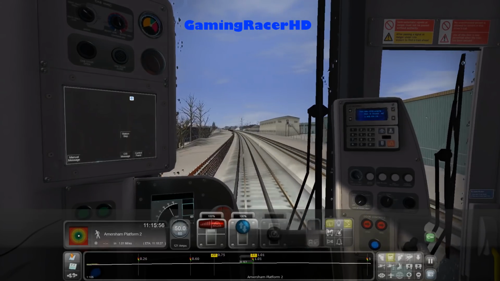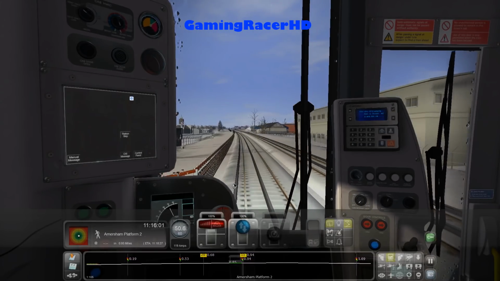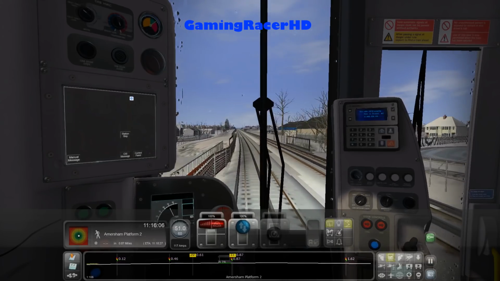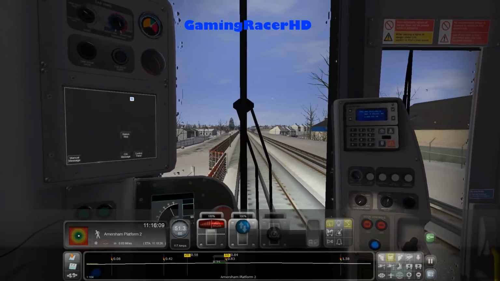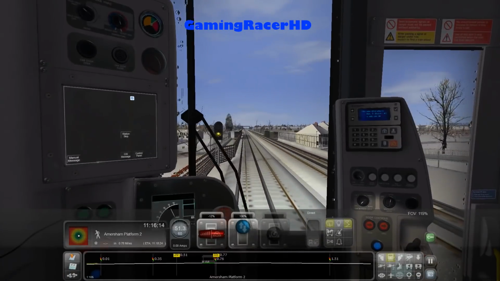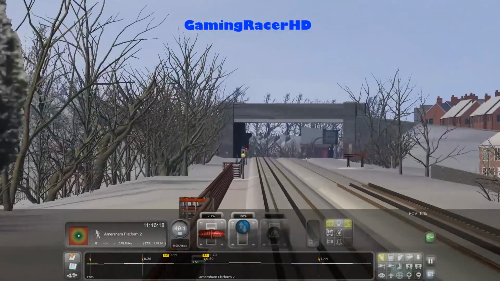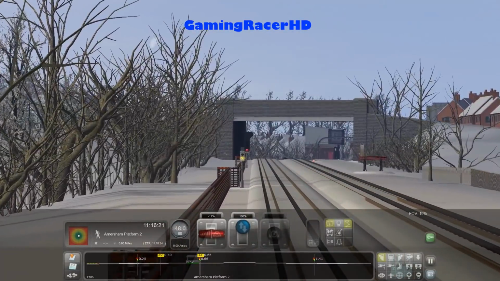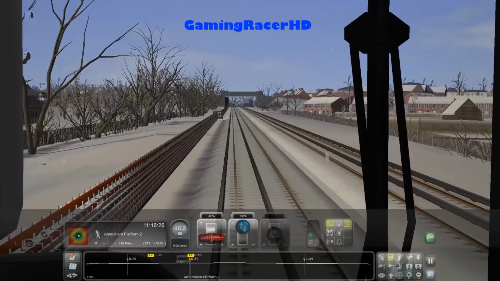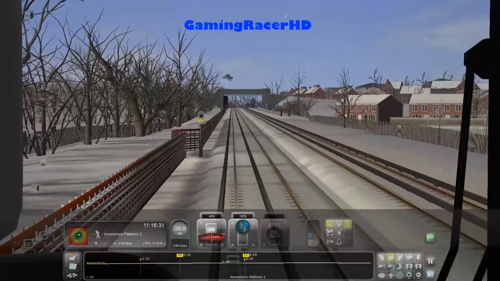Heading into Amersham, which is a slight uphill struggle. We do have a 20-mile-an-hour speed limit, so we didn't slow down, and we've got yellow signals, so let's actually pay attention now. So we've got a yellow. Wait, is that a red or yellow? It's a yellow, then it's a red. So slow down. Yeah, that is a red signal for us, so